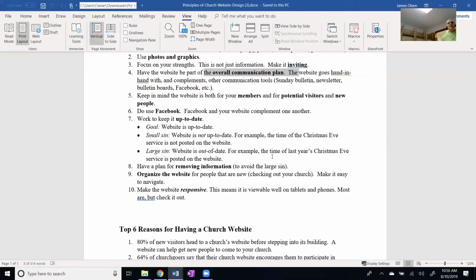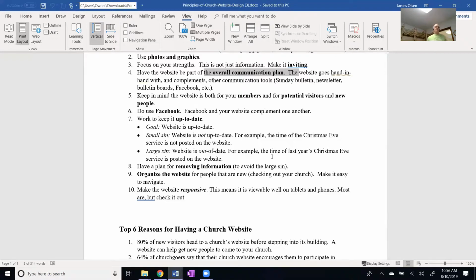Okay, it's not up to date. That's a small sin. You want to try to avoid that. The large sin is a website that is out of date. For example, you have the time for last year's Christmas Eve service still posted on your website. Okay, you want to avoid that. It makes your website, it makes your church look poor.